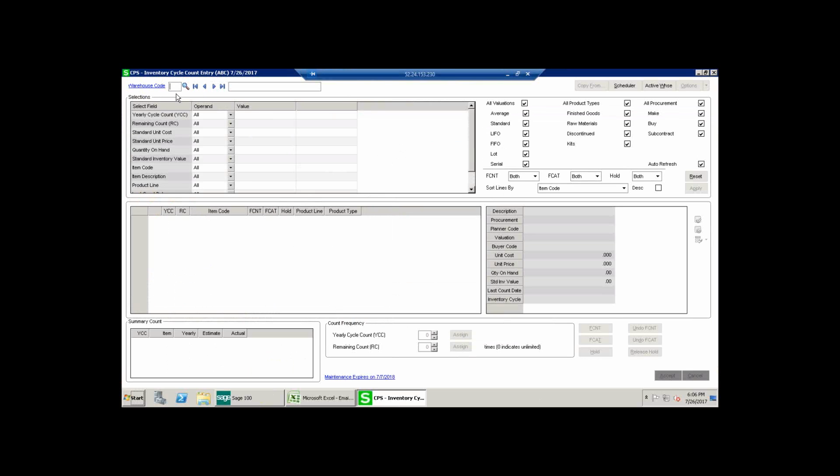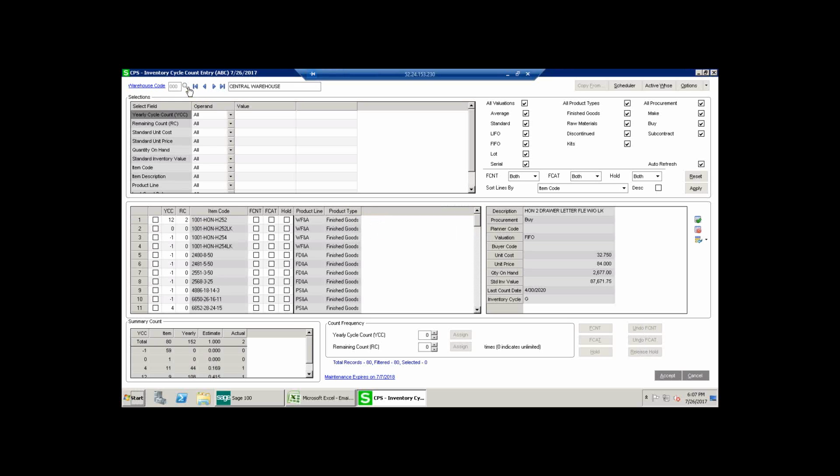The warehouses up here on the upper left-hand corner are identified by using a numeric warehouse code. So you can actually scroll through the warehouse codes if you have multiple warehouses using these arrows. Now each warehouse is going to have its own schedule. You can also configure what time you want to generate the cycle count per the warehouse, and you can set up automatic email notifications by warehouse. So I'm going to go ahead and select the warehouse. In this case, it'll be 00, and you can see that the inventory items associated with that warehouse now load